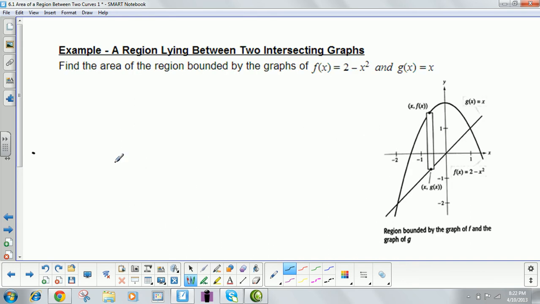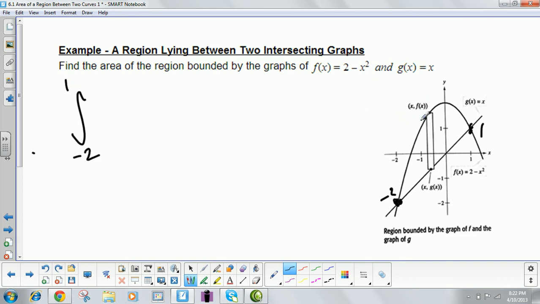Let's go ahead and try another one here. So we're integrating, and we're finding the area trapped between these two curves here. You have f of x, which is your upper function, and g of x, which is your lower function. And so your integral is going to be between their intersecting points. Your leftmost intersecting point occurs at x equals -2, and your rightmost intersection point occurs at x equals 1. And so that means that your integral is going to go from -2 to 1, and it's going to be